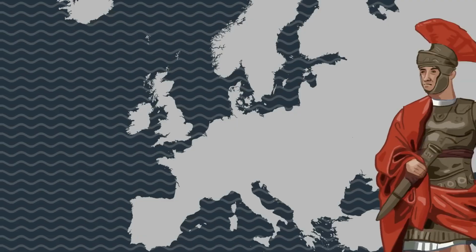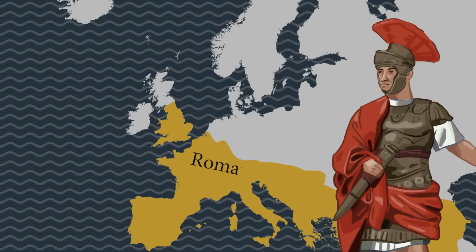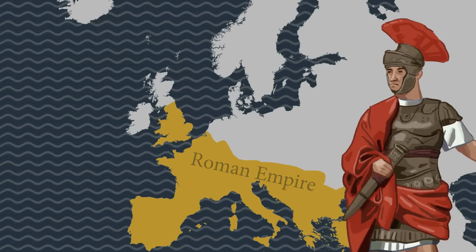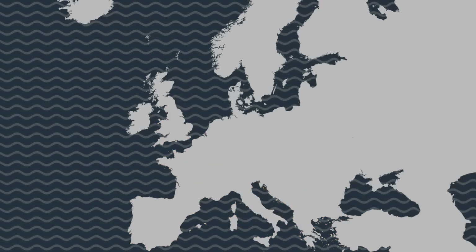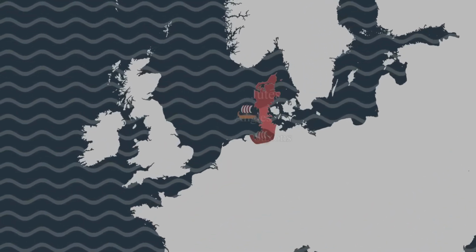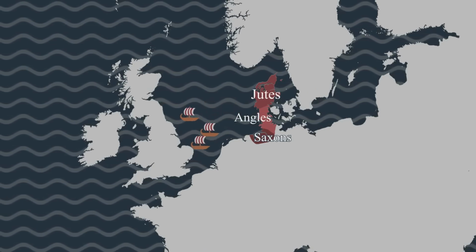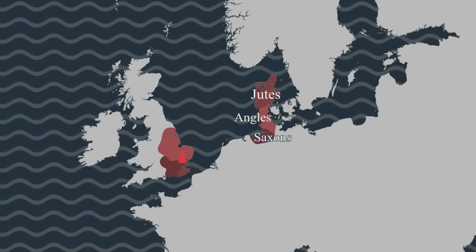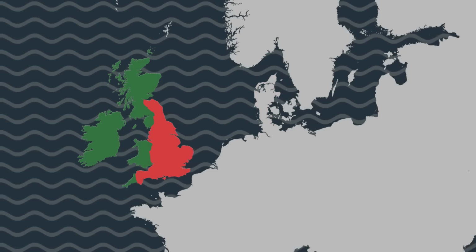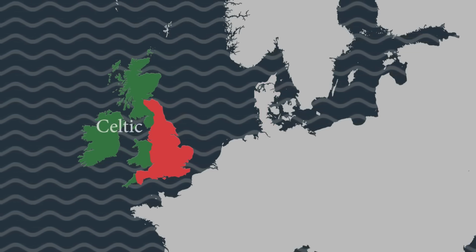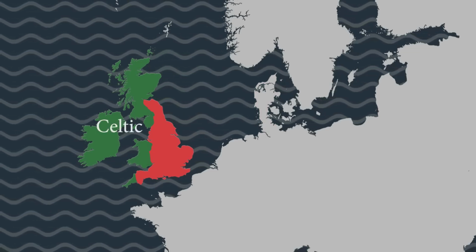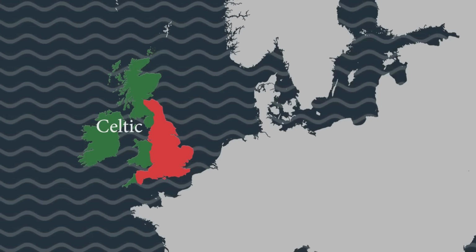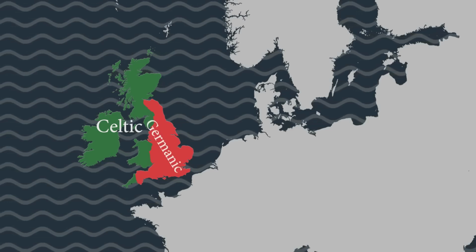In the early 5th century, the Romans, who had ruled over England for over 400 years, withdrew their hold over the island. Filling this vacuum, a number of Germanic tribes from Denmark and the north of Germany ventured onto the island and slowly replaced the Celtic and Romano-British cultures that had been dominant in the area. Celtic speakers became concentrated in Wales, Scotland, and Cornwall, while the area we now know as England became culturally Germanic.